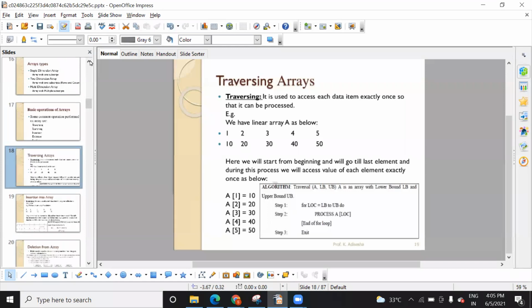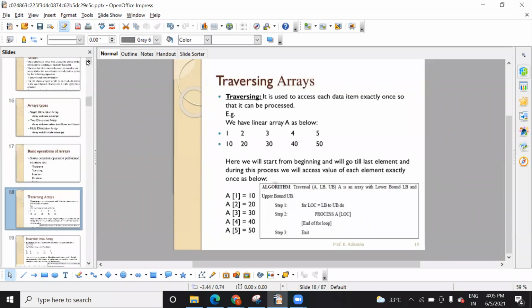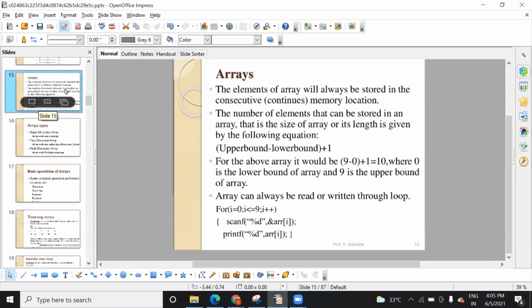So in the last class, we have seen what an array is, what an array data structure is, and I have explained how you can find out the size of the array, the length of the array, and how you can find out the index of an element. What is the index of a particular element? What do you mean by upper bound and lower bound, and how do you find the length of the array, meaning the number of elements in it?